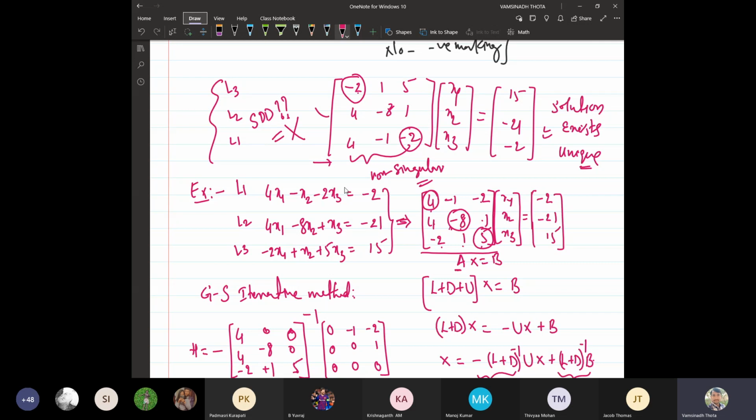For example, look here, it is not going to work. Suppose I make this one the first row, again it is not strictly diagonally dominant. But if I make the third equation the first equation, if I interchange it, yes, then for the first equation, yes, it is. So you can interchange R1 and R3 so that you get a strictly diagonally dominant system. So that's all about the convergence and divergence of the methods.